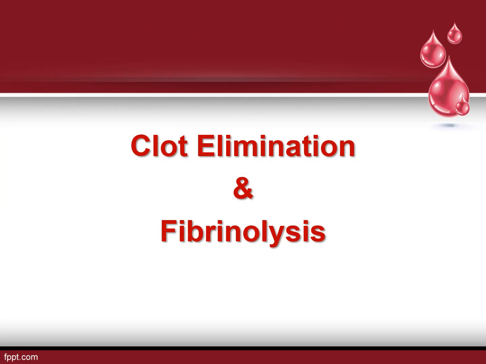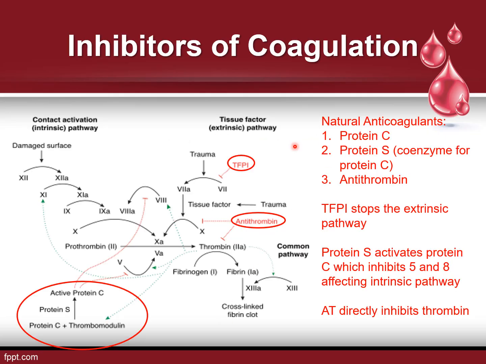And now we are going to address the final step of hemostasis to prevent excessive clotting, the clot elimination and fibrinolysis. The role of these anticoagulants is to prevent excessive clotting after preventing excessive bleeding. Any break of the balance between procoagulant and anticoagulant would lead either to excessive bleeding or excessive clotting, depending on